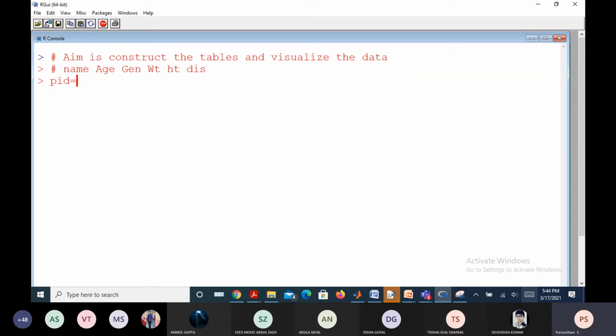Patient ID is 1. Now how many patients are visiting a hospital? There can be a lot, a big number. Whether you want to count per day or per hour or per minute, let us suppose we confine the data to per day.